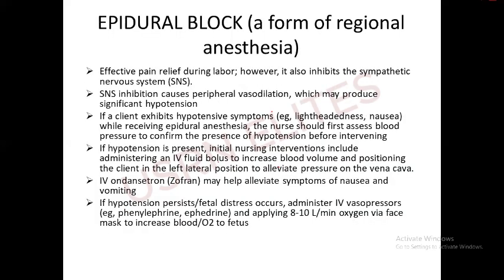The next thing, I'm just getting to the near end of my medication, is epidural anesthesia or epidural block. So epidural blocks are given to,